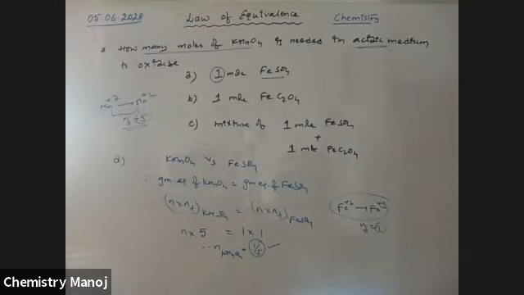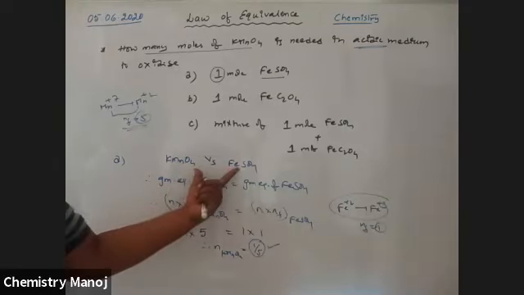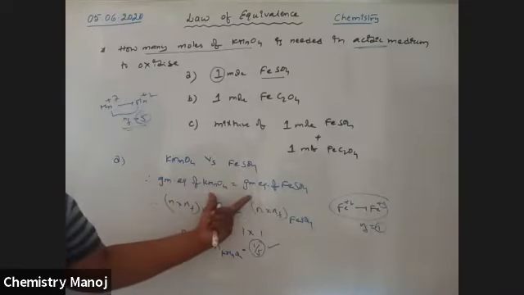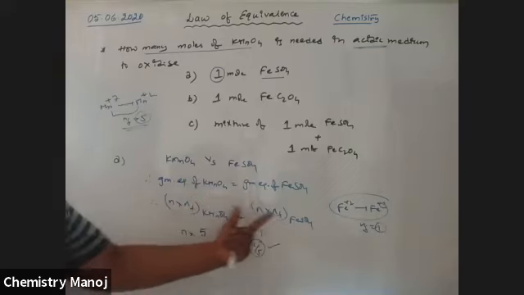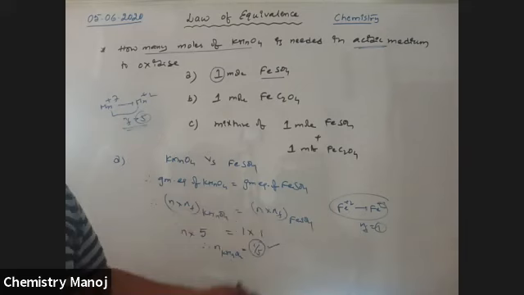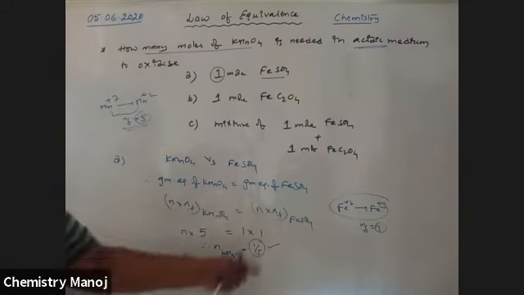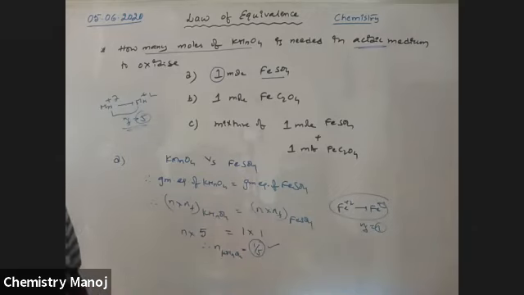Is this clear? How many moles of KMnO4 are required for 1 mole FeSO4 to oxidize in acidic medium? 1 by 5 moles of KMnO4 is required. Is this clear? So you should calculate. When two chemicals are reacting with each other, their gram equivalents are equal. Gram equivalents are nothing but N into N factors. The N factors for different chemicals, we already calculated yesterday. By using those values, here we are going to take the class problem solutions.